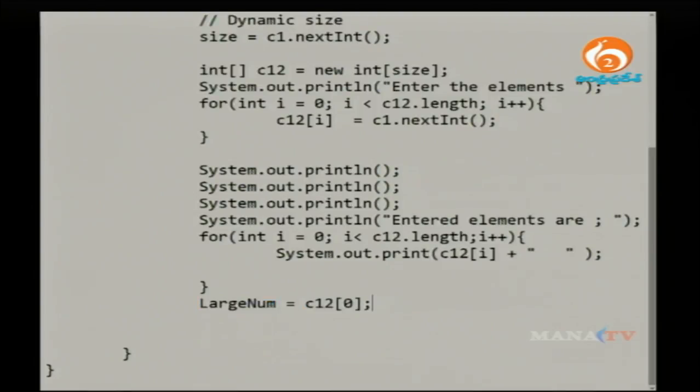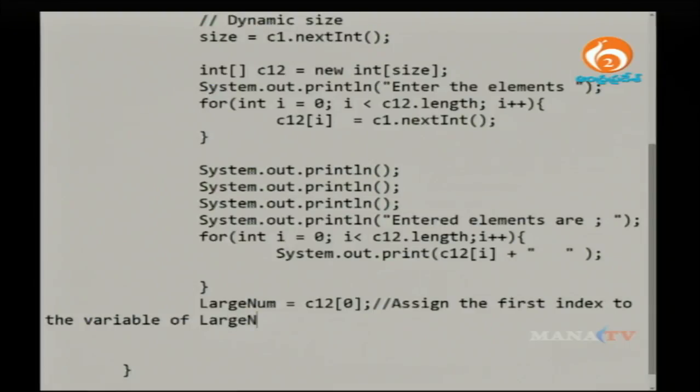Am I clear now? So I am assigning the first index to the variable large number. After assigning, I compare the large number variable